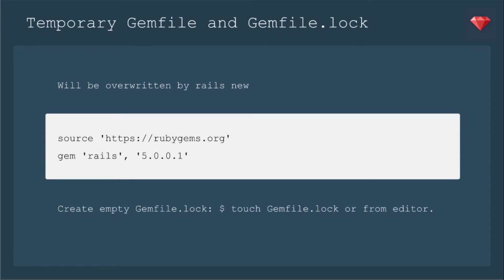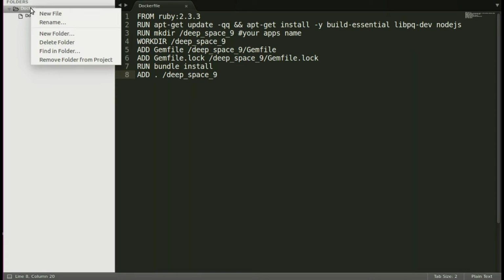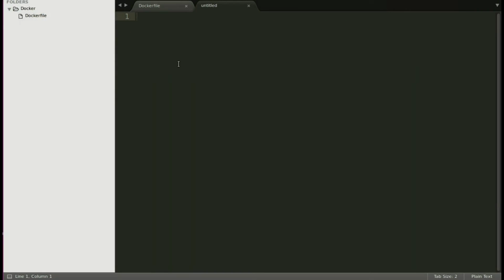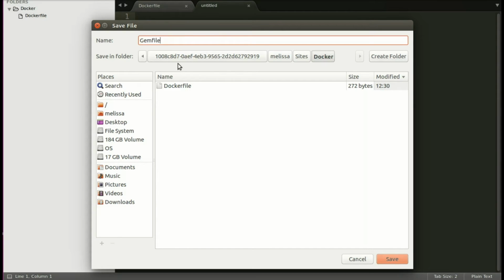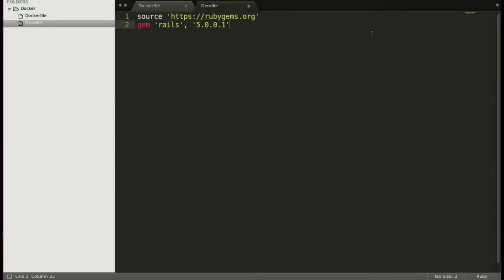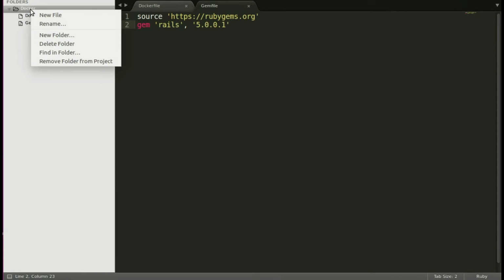Now we need to create a temporary Gemfile and Gemfile.lock. The Gemfile will be overwritten by the rails new command. For right now, we just need the source as RubyGems and the newest version of the Rails gem. Then you would create a completely empty Gemfile.lock. You can do this from your command line or from the editor. So back in our editor, I'm just going to create a new file here for the Gemfile and save that and put in the two lines that we need to get us started. And then I will create an empty